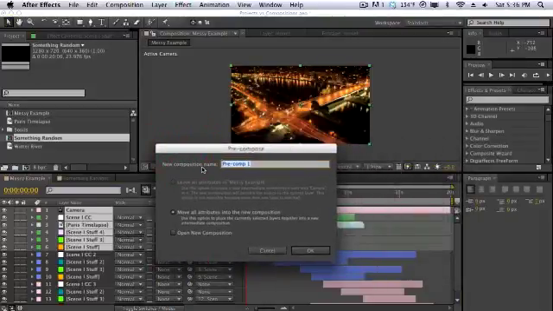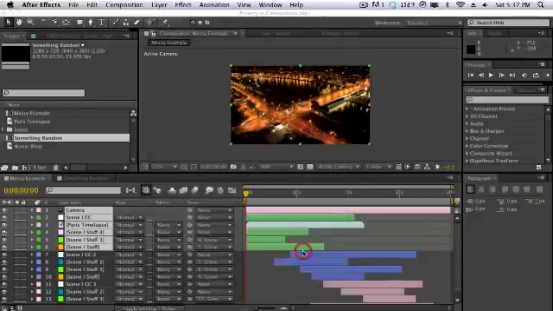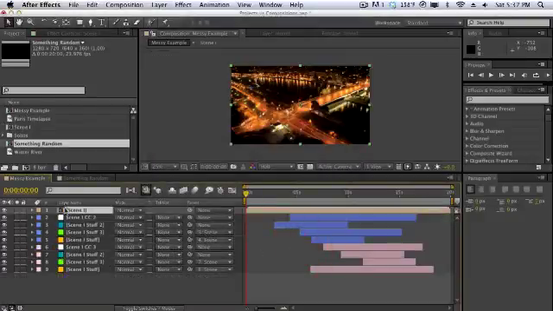So new composition name, we're going to call this Scene 1 stuff. And we're going to move all the attributes into the new composition, which means it's going to move all the effects and all that stuff into the composition rather than staying on the outside. Again, we will be discussing this a little bit later. Hit OK. So now, rather than having all those layers displaying, it's all grouped into one composition right here, so